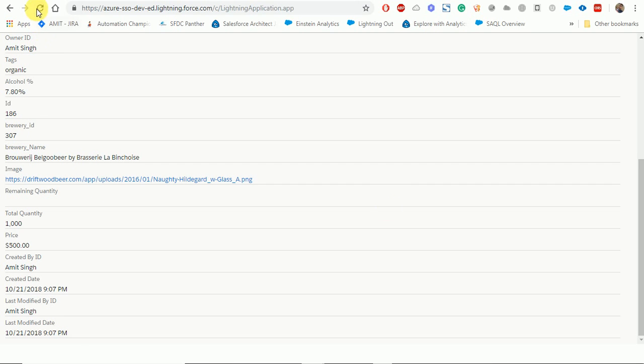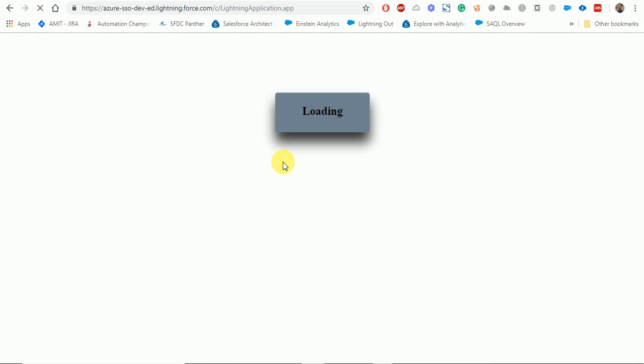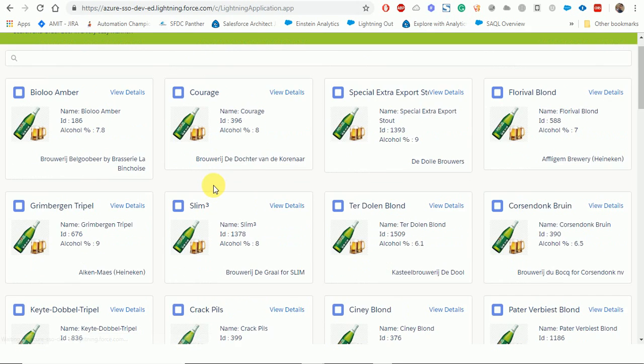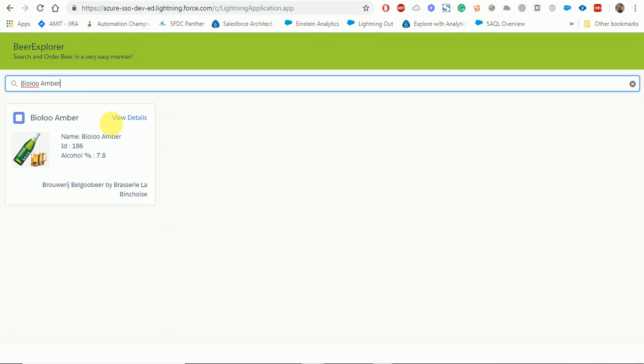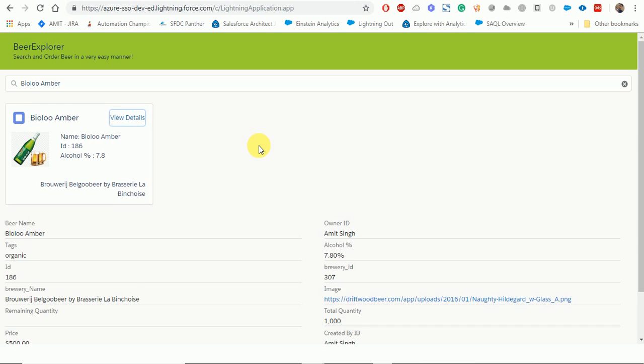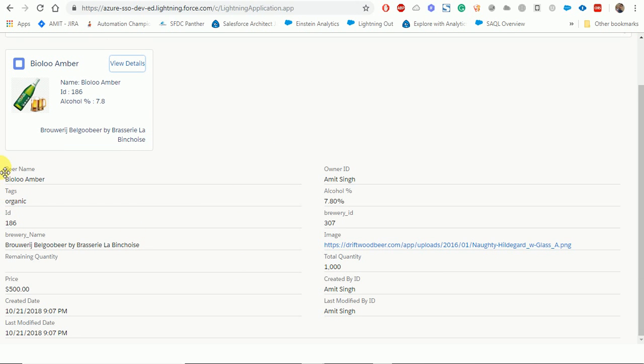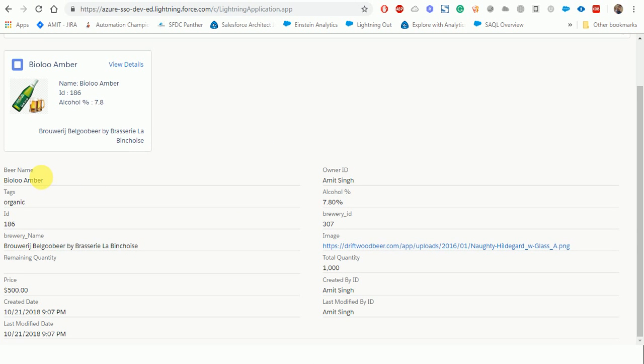So now we'll go ahead and refresh the page, and here we will search for this beer, click on view details, and you can see the 2-column layout: beer name, owner, tags, alcohol.